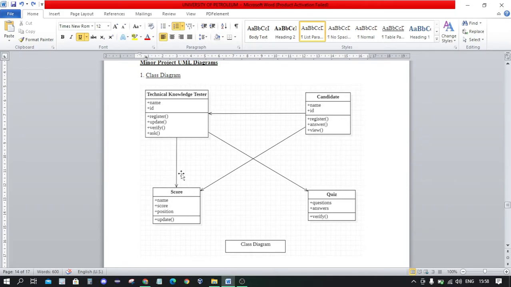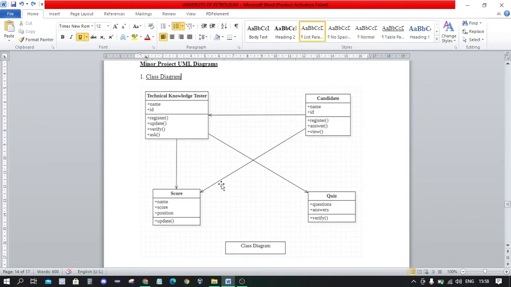Then the name, the score of that person, and the position, like first position, second position, he or she has achieved. Then on any query, we can update the values. That's why we have the association relation between the candidate and score, and technical knowledge test to score.